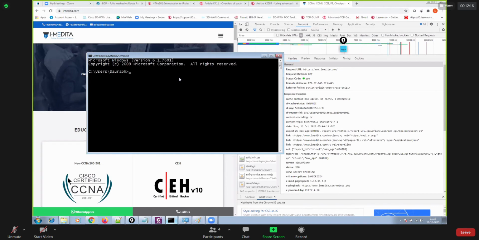Because when you are sending the HTTP GET message, your proxy working at layer 7 can intercept the HTTP GET message, and inside the GET message, if it sees www.imedita.com and you asked your proxy to drop that request, isn't it? So that's how it can work.